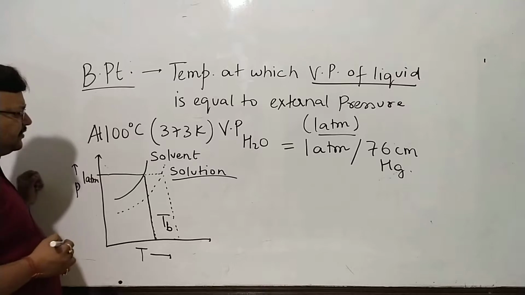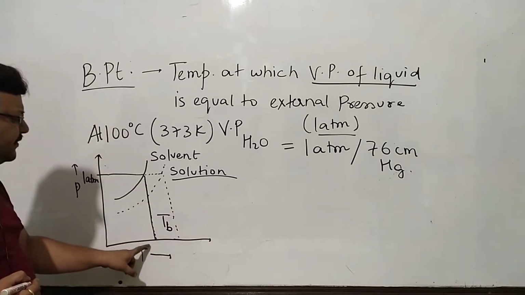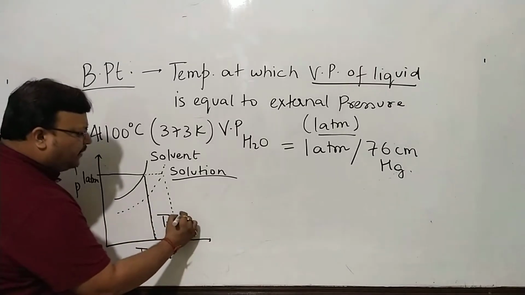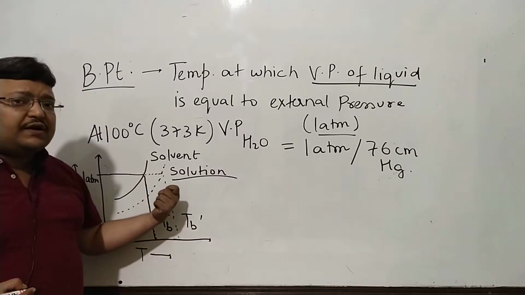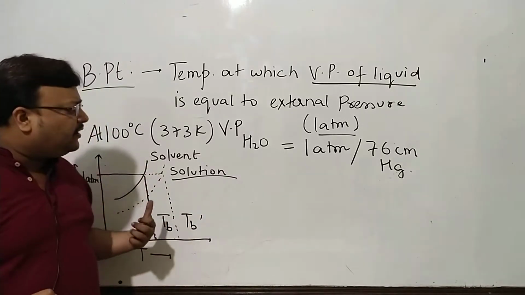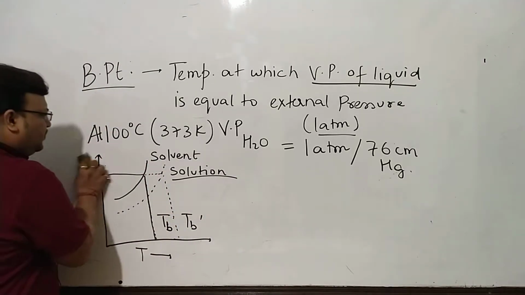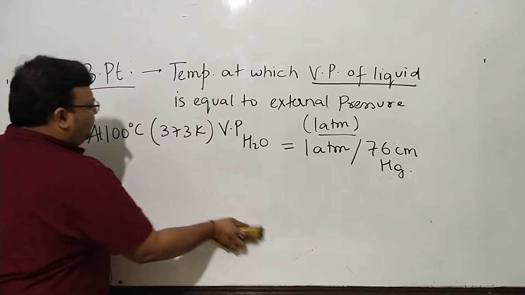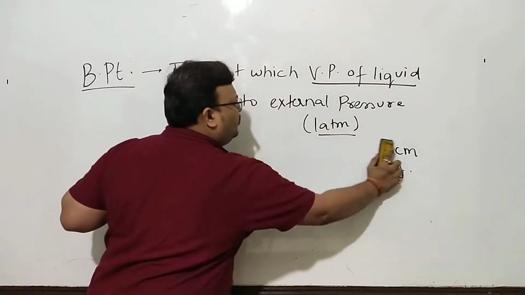So this is graphically very easily understood. If this is the boiling point of the normal solvent, this TB prime would be the boiling point of the solution, and you can see this is a direct consequence of lowering of vapor pressure. I can give you a bigger view. It's a very popular graph. You'll want to copy all of this at your convenience.